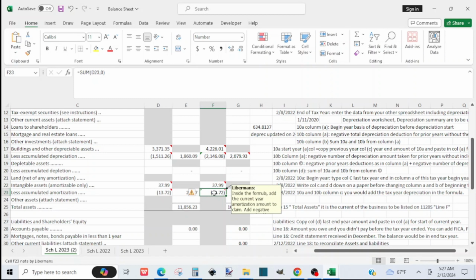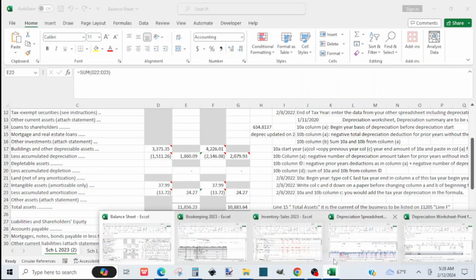And then if there is the amortization deduction to take for 2023, we need to include it. So since we already have an amortization, an intangible assets amount, and we have some dollar amount remaining to amortize, since that we are going to take an amortization deduction for the year,